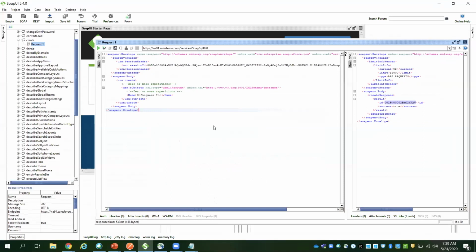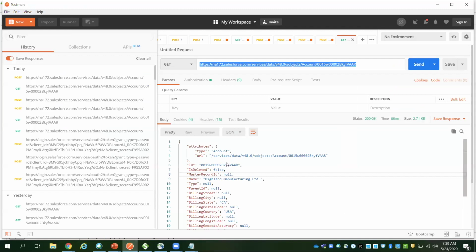SOAP is for more complex integrations, so you can operate on 200 or 300 records. For REST, only one record can be operated on. But using the composite method, you can create multiple parent and child records using REST.